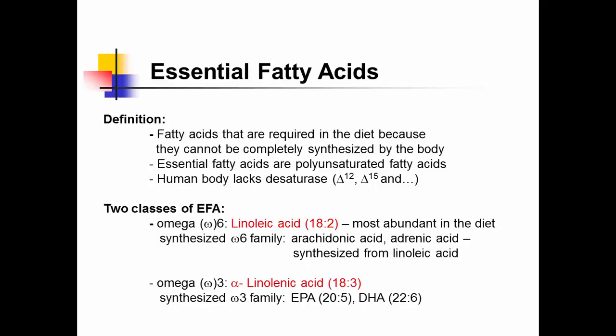For example, we have delta 5 or delta 6 desaturases. That means these desaturases can catalyze the formation of double bonds at delta 6 or delta 5 positions, but we do not have delta 12 and delta 15 desaturases, so that we cannot synthesize